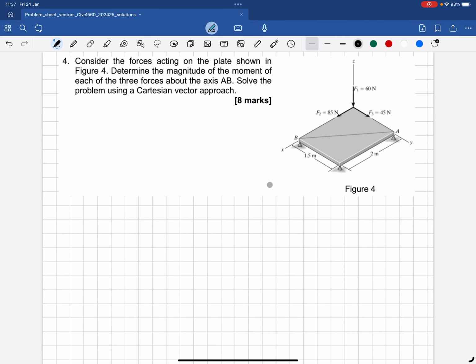Right, question 4. Now we have a plate. We've got 3 forces acting on this plate, each in the coordinate direction: one along the x direction, F2, one along the y direction, F3, and one acting down the z direction. So